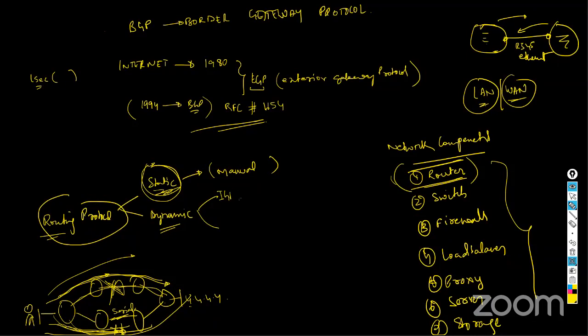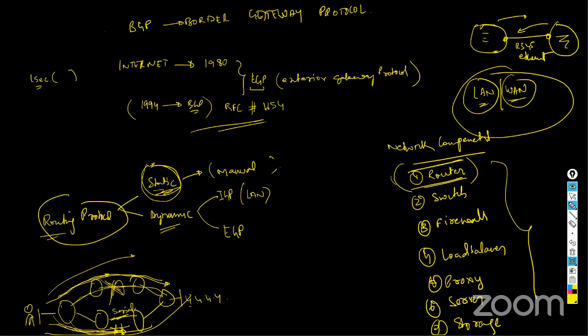One is called IGP, interior gateway protocol, and the second is called EGP, exterior gateway protocol. Now here is where this comes into the picture. If you have a LAN atmosphere, LAN in the sense of within your office premises. Let's say you are a network engineer for a company XYZ in an IT park ABC. You go to that office daily, and if something goes down in that office, it's your responsibility. So that acts as a LAN, local area network.